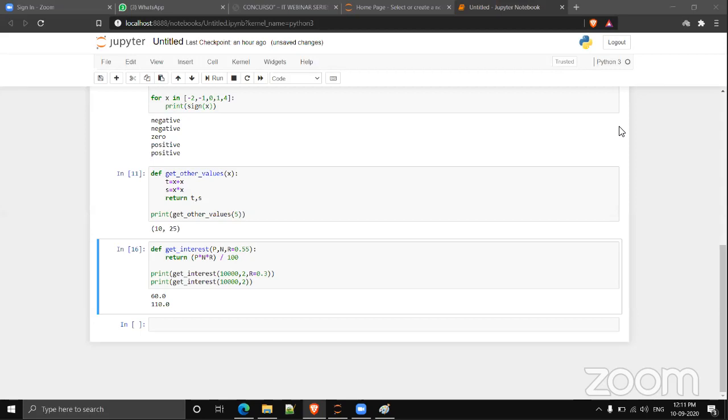So any doubts for the participants? You can unmute and ask so that others can also get the idea. If you're not having any doubts, the one case is you are getting everything.